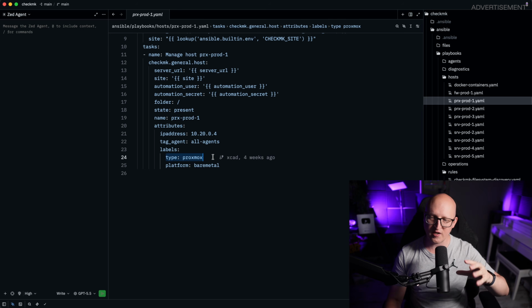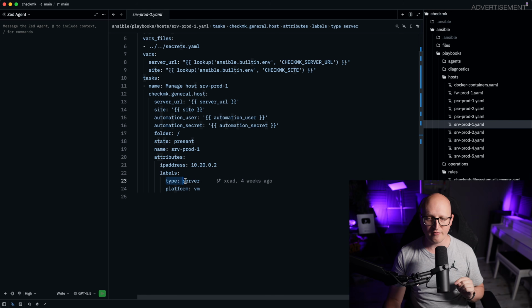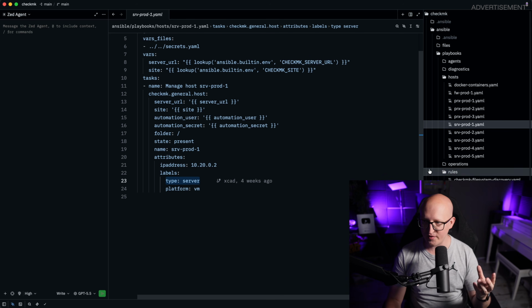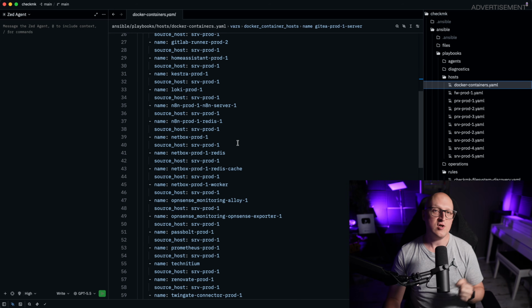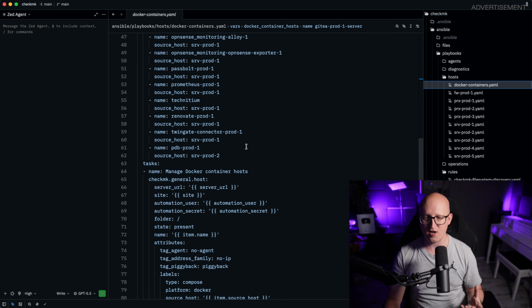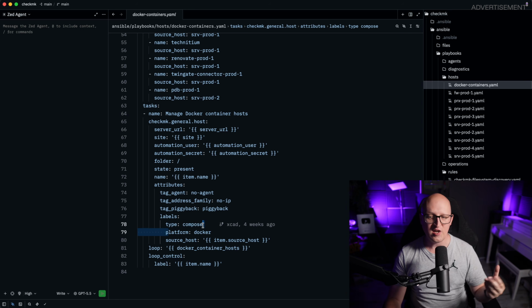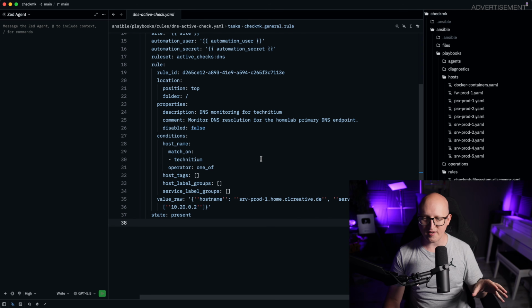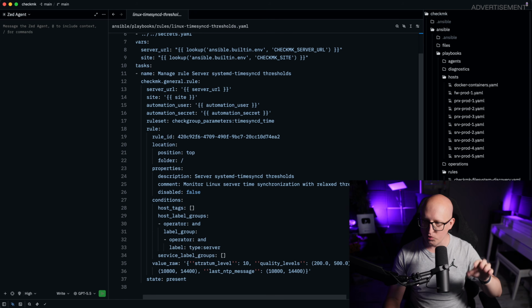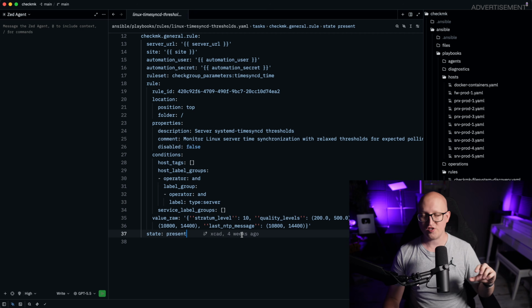For example, here it's type Proxmox, the platform is bare metal. Here on this server, it's type server, the platform is VM. And I'm also managing several Docker containers as hosts to monitor all of the service applications as well. And these usually get the label type Compose and the platform Docker, because I can later say in all of the rule settings, hey, please attach this rule only to hosts that have the label type server or type Proxmox,